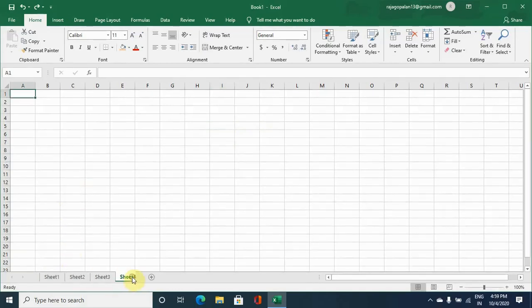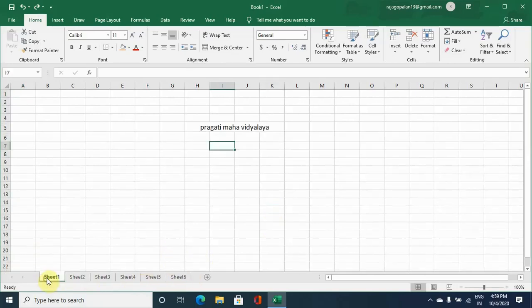Like say, for example, we have 5 sheets here, or say 6 sheets here. Then our active sheet is the first sheet. Now you have similar tabular data in all the sheets. Then the heading for all the worksheets remains the same.